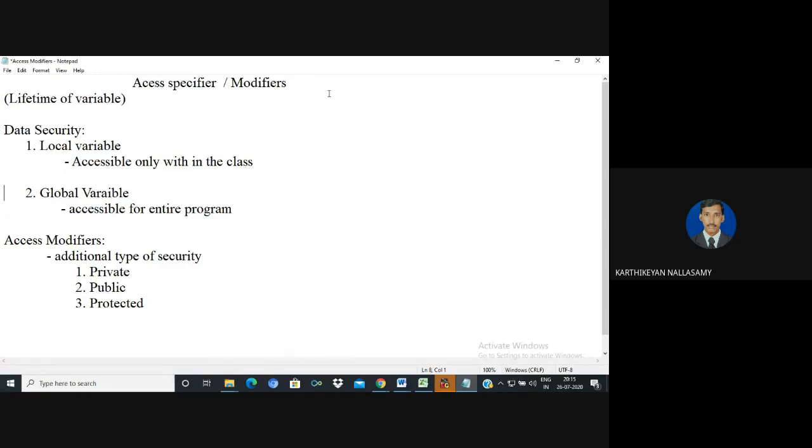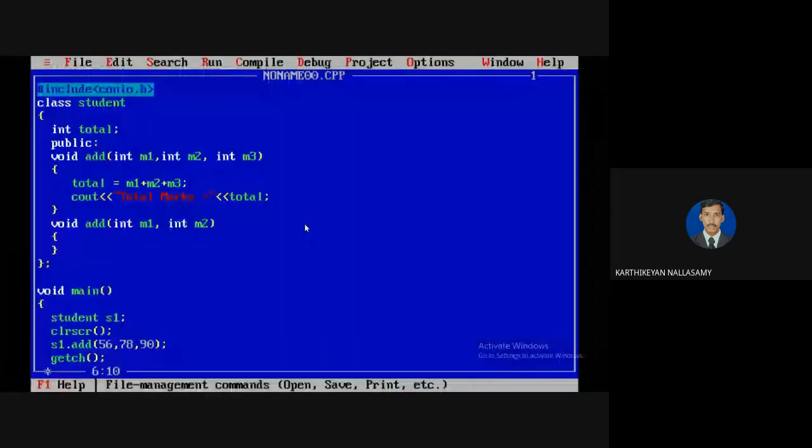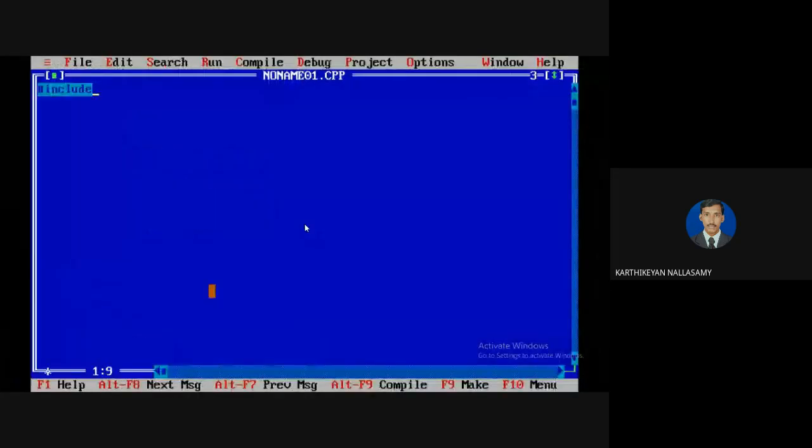Even if you want, you can access it in some other program also if you include it as a header, as a preprocessor. But first of all, I'm going to show one simple example to discuss access modifiers, a simple C++ program. For example, I'm going to include my header file.